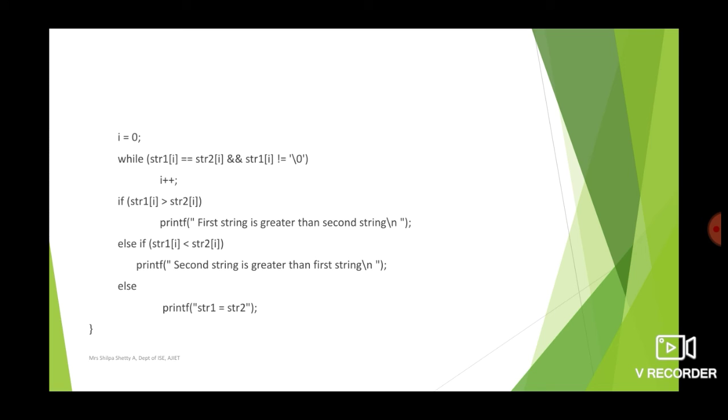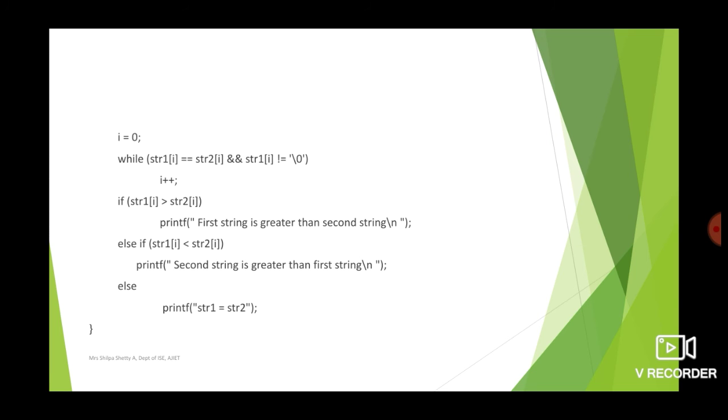Students, try to understand the concept here. As long as the characters of the strings are the same, we keep incrementing i. Once there is a mismatch, we will stop. That is one case. The other case is when the strings are equal: we will keep on incrementing the value of i, because all the characters match. So when do we stop? When we reach the end of the string. So once the while loop stops, because of either condition, we will compare the characters at the ith index. At i you have stopped, so we will compare there.